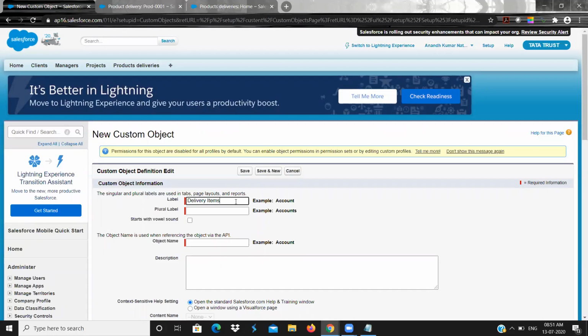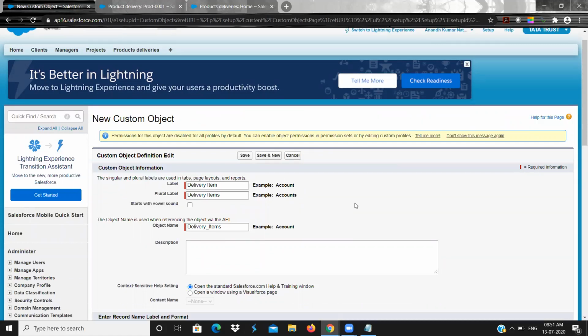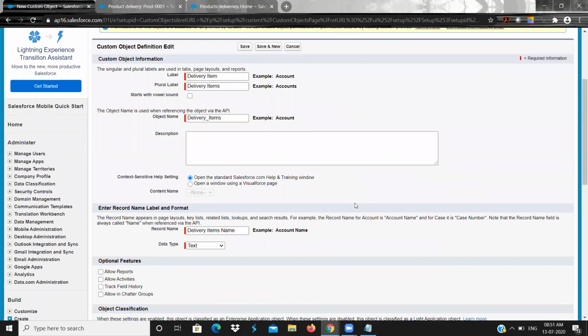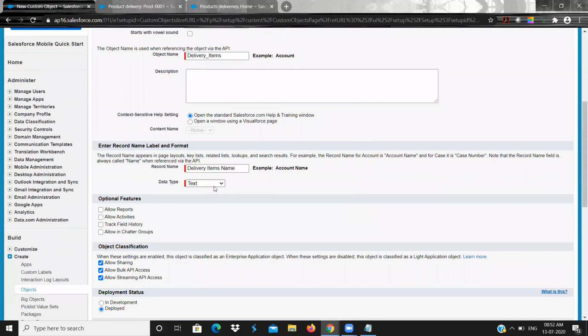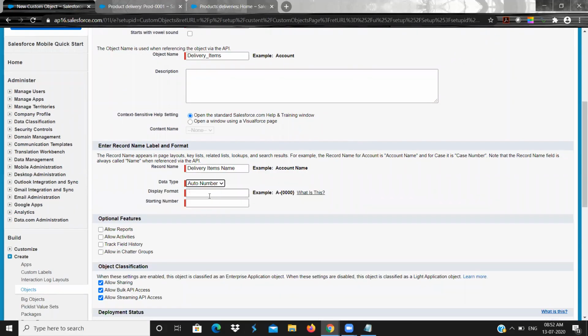Okay. So items. This object will also be auto number. It will be starting with DEL-{1231}. Okay.